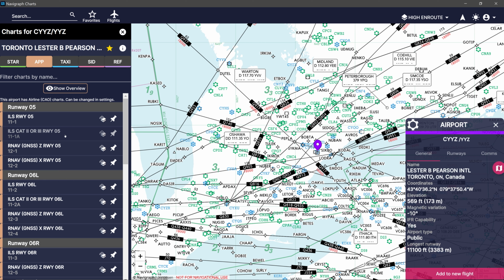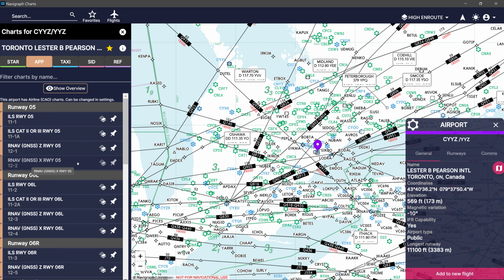Also notice the Jeppesen chart numbering scheme. ILS approaches start with 11. And 2 GPS approaches, Z and X, they both start with 12. Once you start to pick up the numbering scheme, it starts to become easier to find the charts you are looking for. Take note that when more than one procedure to the same runway uses the same type of navigation